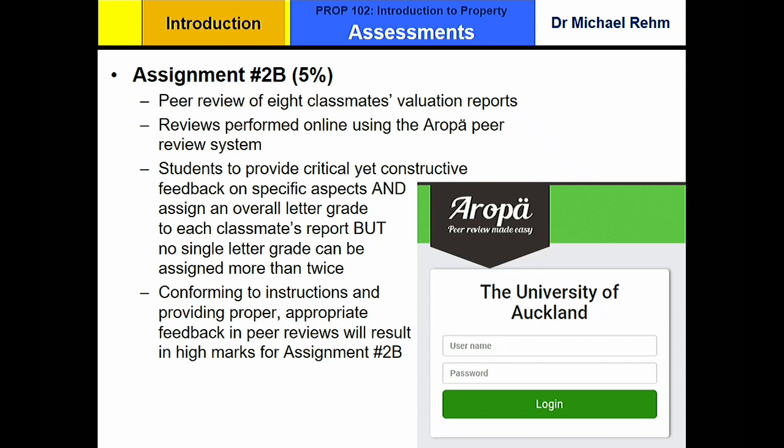You can't give 8 A+. You can't also give 8 D-. You have to spread the wealth across the people you've been assigned. And all of this will be fed into me, and it'll help me assess you guys. So you're going to get 8 grades from your peers, you're going to get 1 from me, and there you have it. So you'll get all kinds of feedback on that one.